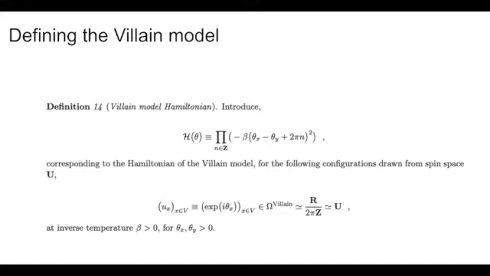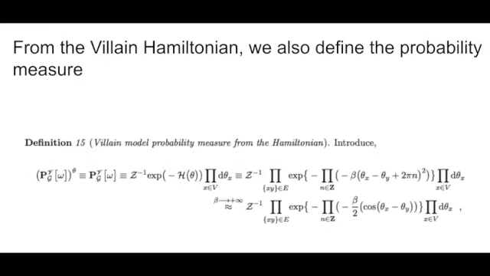And theta x and theta y are strictly positive. And from the Villain model Hamiltonian, we can also define the probability measure, in which the Villain model probability measure from the Hamiltonian is given by the following expression. We incorporate a lot of similar ingredients that we use when defining and analyzing probability measures for many models in